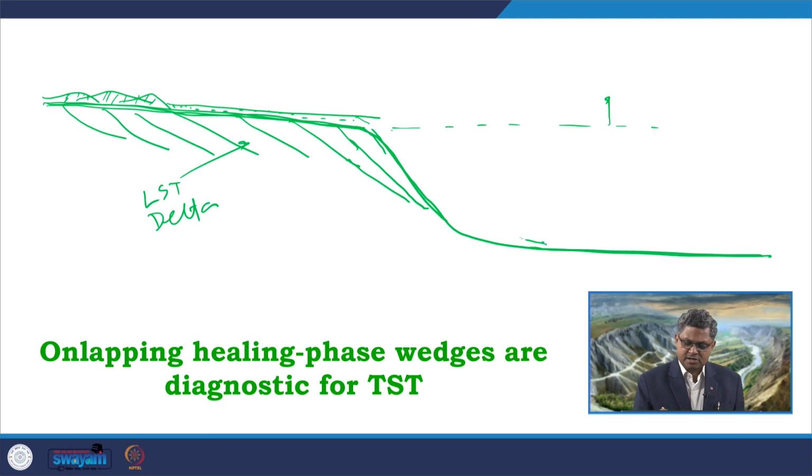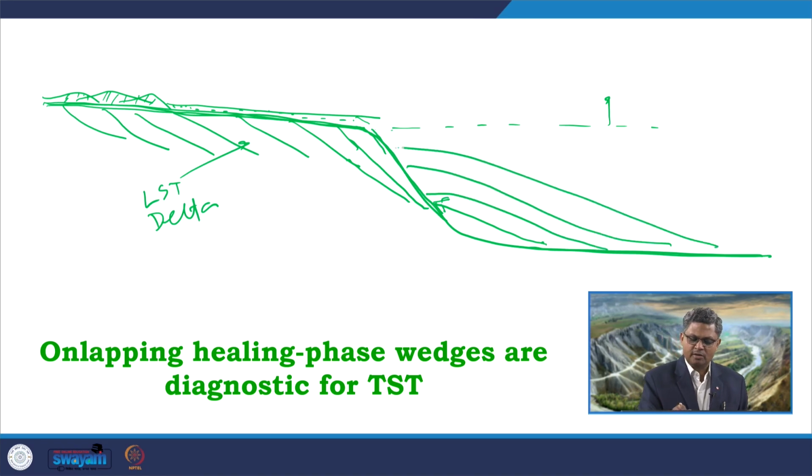The first wedge forms like this, like it is onlapping over here. The second wedge forms like this, the third one like this, the fourth one like this, and it goes on like this. So, successive deposits, successive units, clinoforms, they will be onlapping one after another, and finally at the end of the transgression we get a smooth surface which is decreasing this gap in the gradient, gap in the slope, gap in the height with respect to the shelf and slope break.